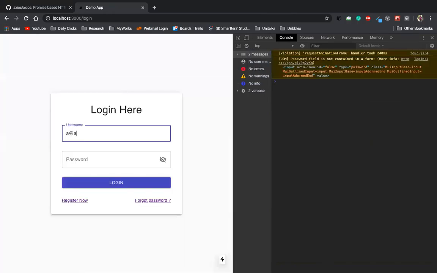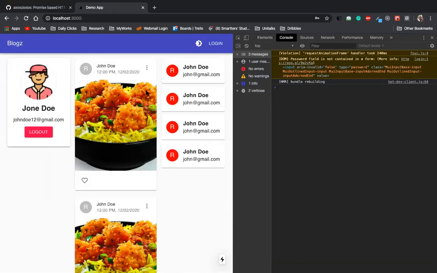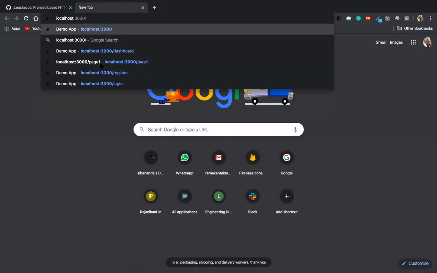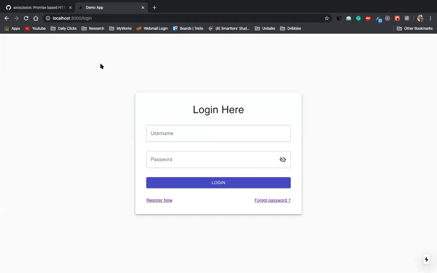We provide here a@a.com, then 123456, and we click login. Then see, our login is successful and it took us to the home page. So like Facebook, when you log in and then delete this tab and open localhost/login again, you won't be able to go to the login page. Why? Because you are already logged in. So every time you open the login page, it will take us to the home page.